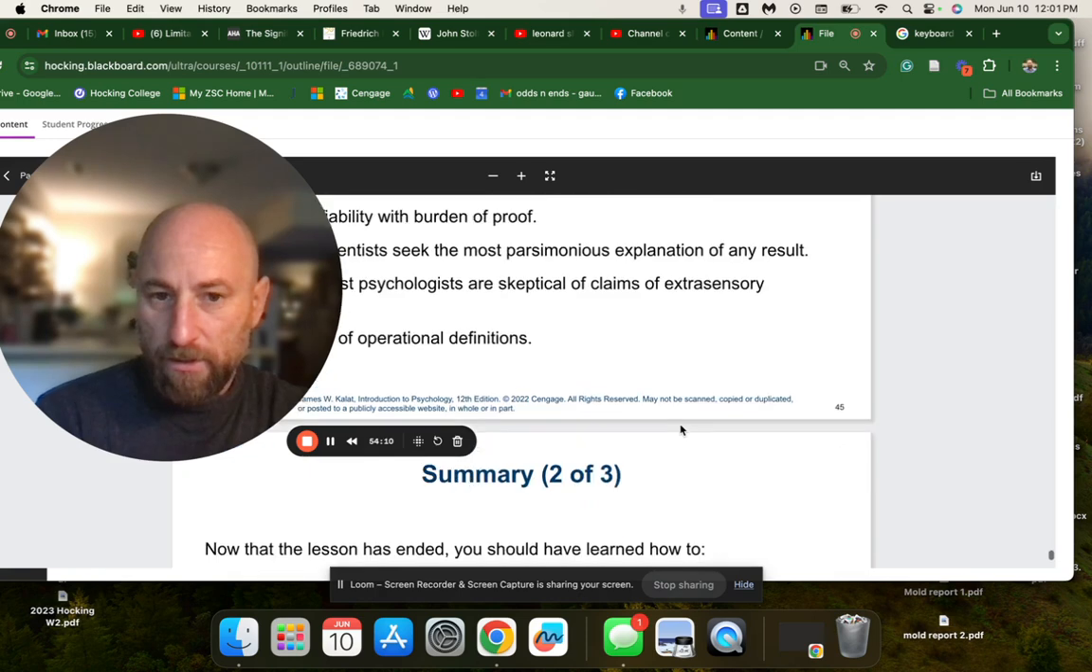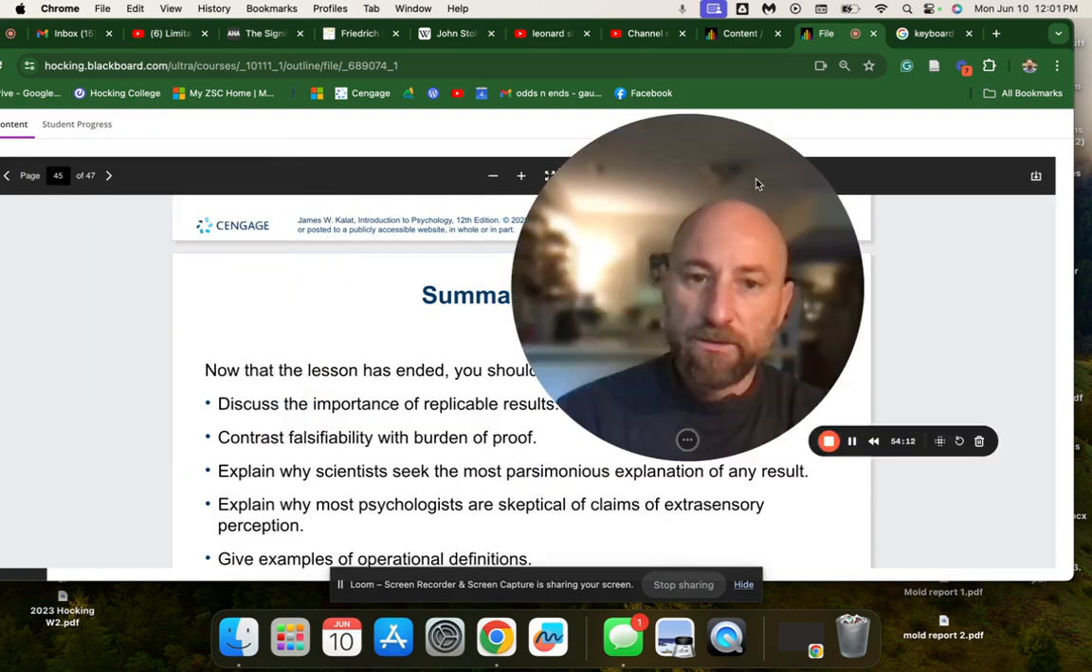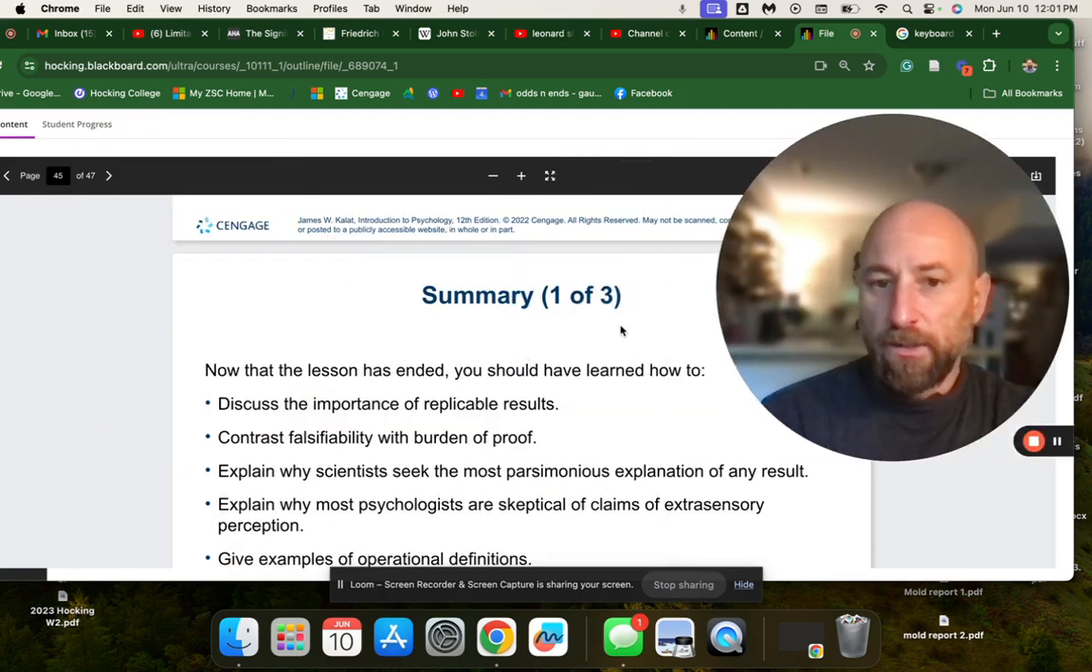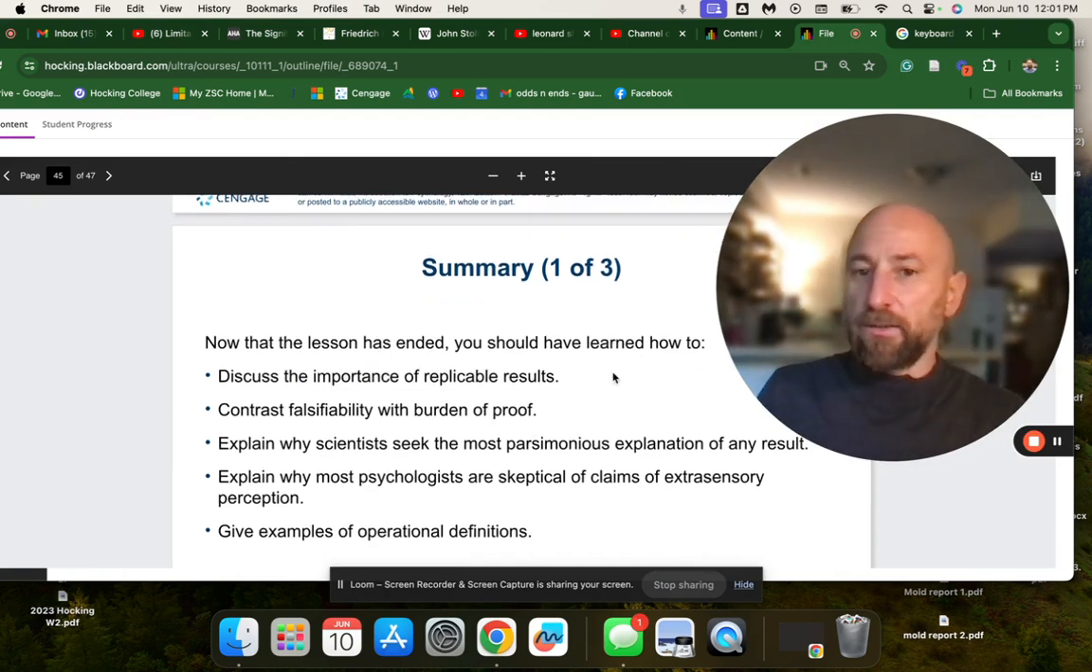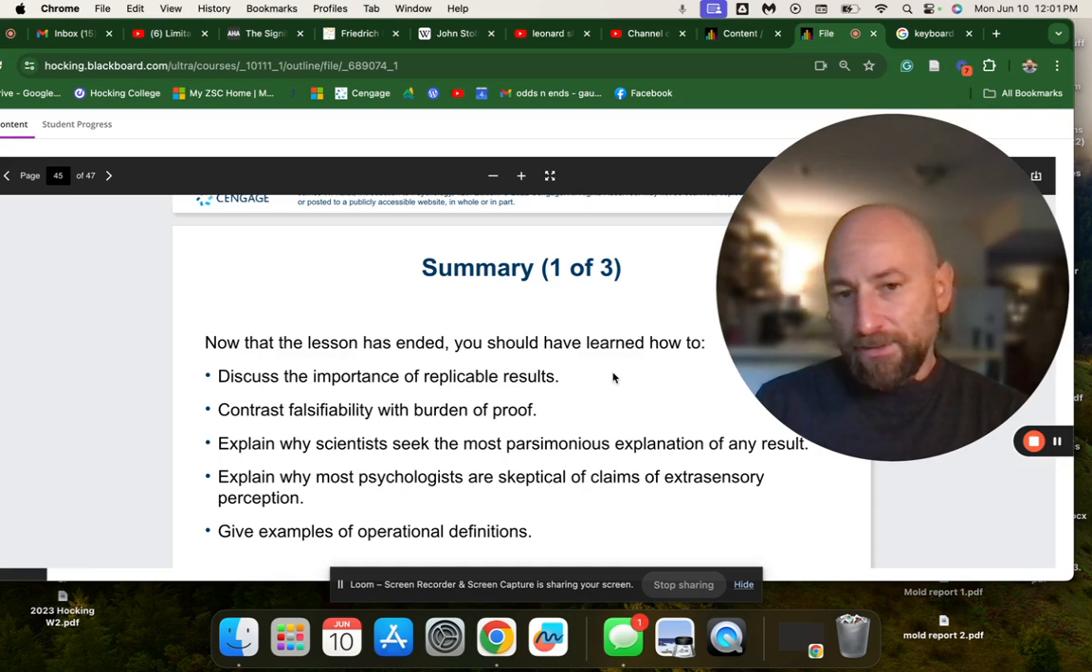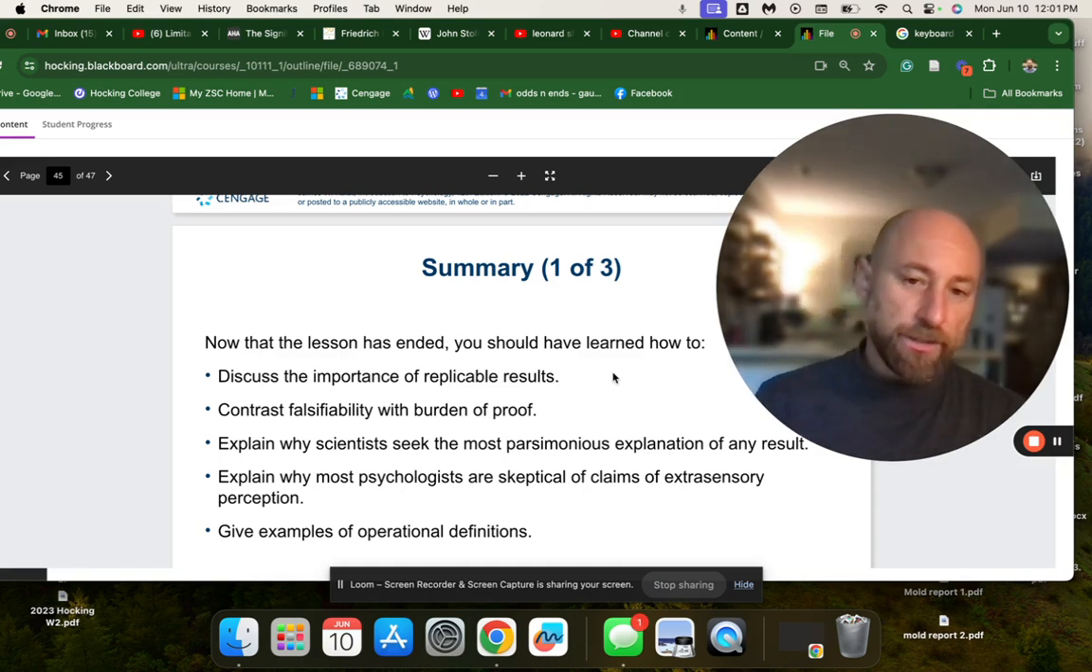Okay, summary of our results. Now the lesson has ended. You should have learned how to discuss the importance of replicable results, contrast falsifiability with the burden of proof, explain why scientists seek the most parsimonious explanation for any result, explain why most psychologists are skeptical of claims of extrasensory perception,